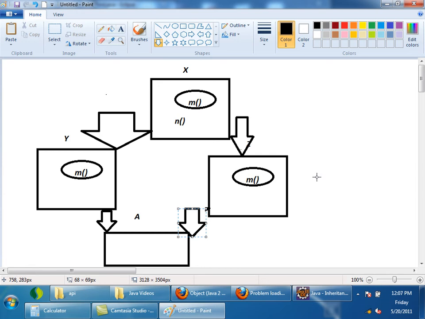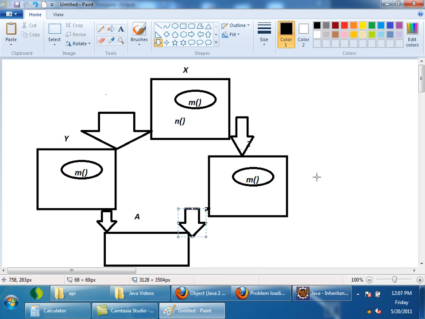Which method m to inherit here in A? There is a confusion, right? But suppose that x, y, and z are all interfaces. Now when y is extending x, only the signature is inherited, right? The signature is the same here and here.